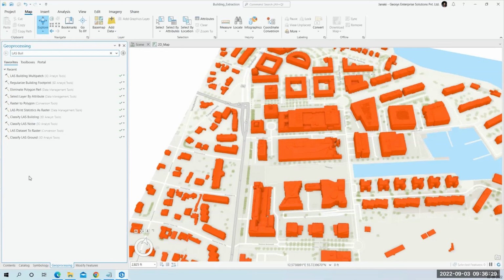Okay, so in this TechTalk, what we have done is we have taken two LAS files, point cloud files, and we created a LAS dataset, and then we classified as unassigned, and then we classified the LAS ground. We converted the LAS dataset to raster, and then we removed the noise values, and then we created LAS buildings, and then we generated the LAS point statistics, and then we turned the raster to a